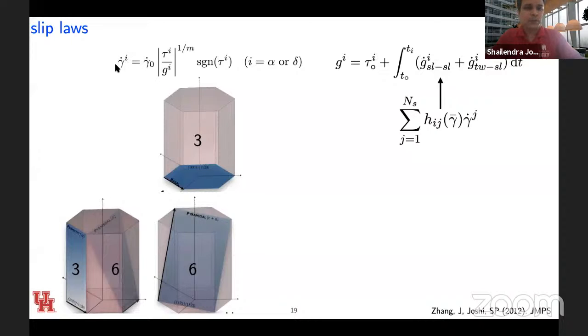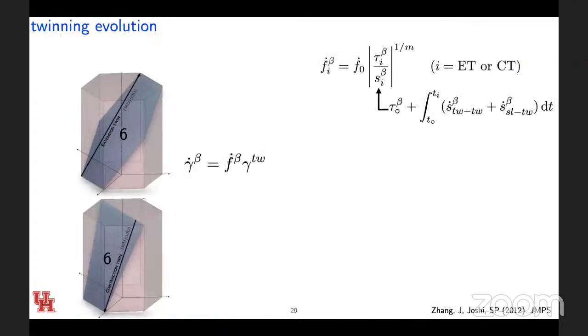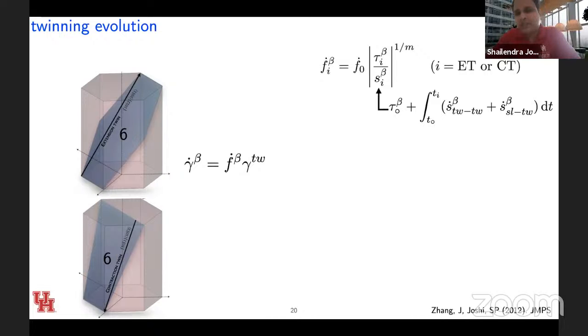So this typical slip law for any slip system is given by this power law, where the slip hardening of the ith slip system goes based on the expression given on the right, and the evolution of those hardening terms, g dot slip and g dot twin slip, is motivated from observations in experiments or observations at the atomistic scale. Similarly, this twinning is like a Green's function, or like SLB-like interaction? No. These are purely